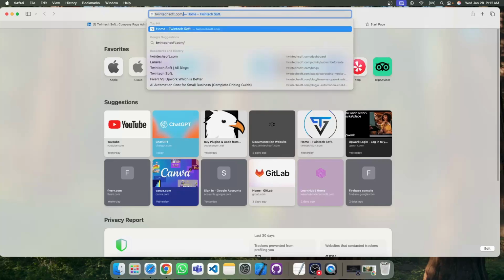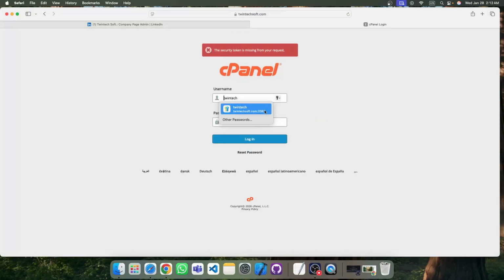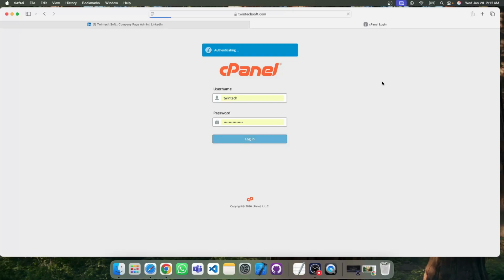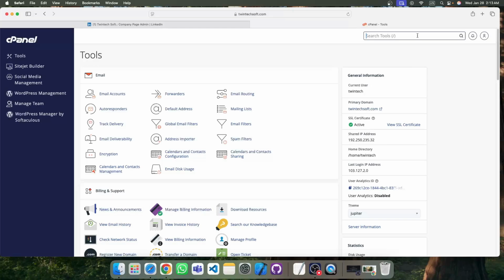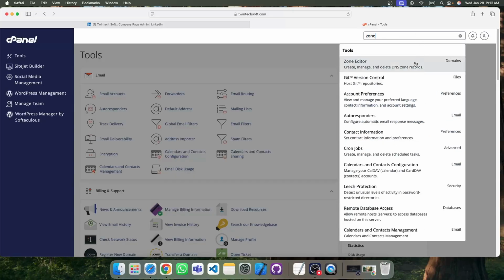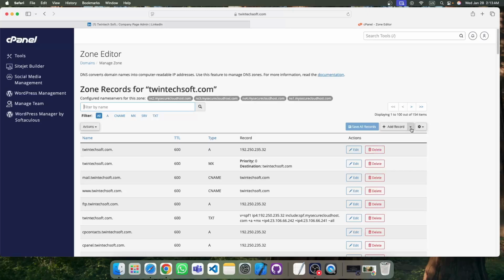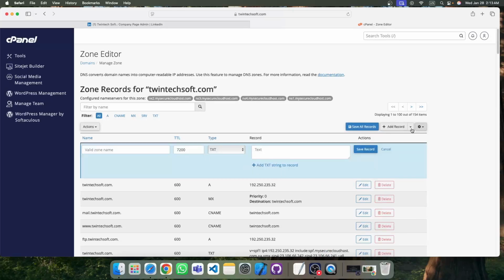At first, come to your cPanel. Then search for Zone Editor. In Zone Editor you can see your main domain here. In the main domain, click on Manage, then add a text record here. Click on this add text record,